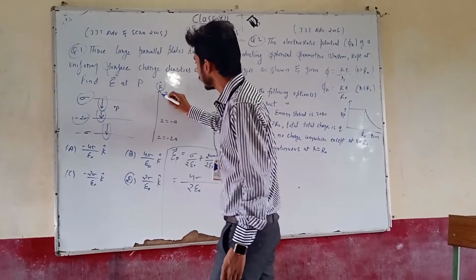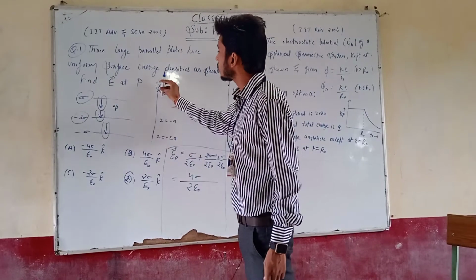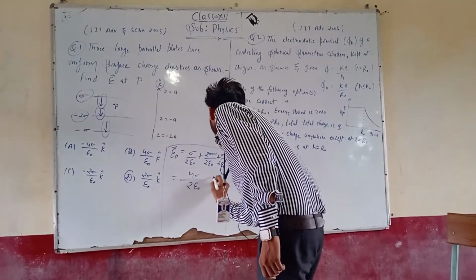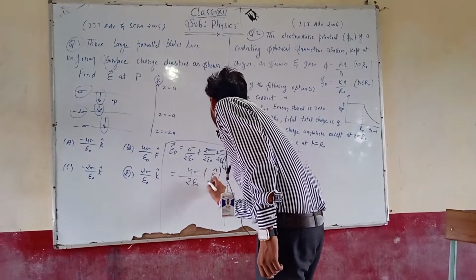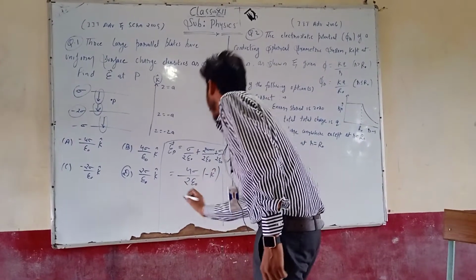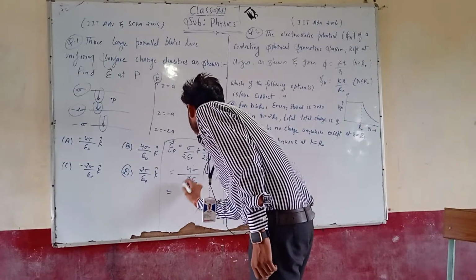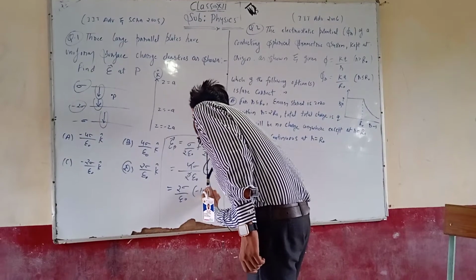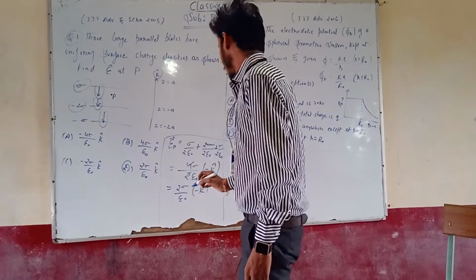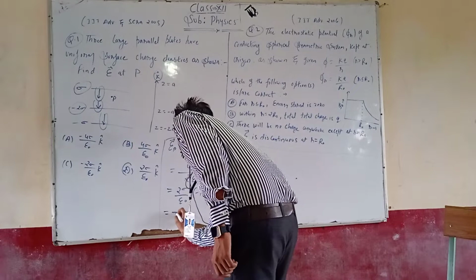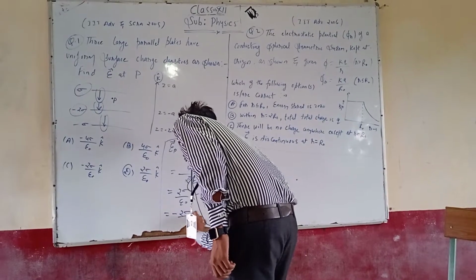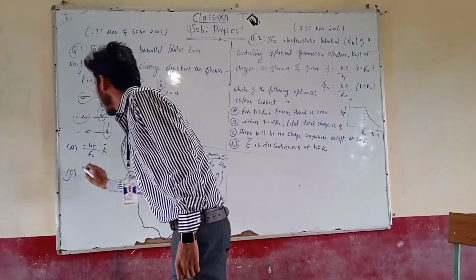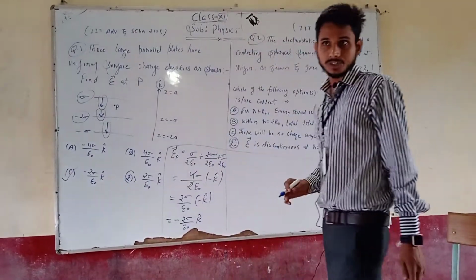We can see that the electric field due to all these three plates comes out to be in the direction opposite to the k cap. That means opposite direction will be minus k cap, right? So the answer comes out to be twice of sigma upon epsilon naught in the negative k direction. So we will take this minus here, and this is twice of sigma upon epsilon naught k cap. So we can see that option C is the correct answer for this particular question, right?